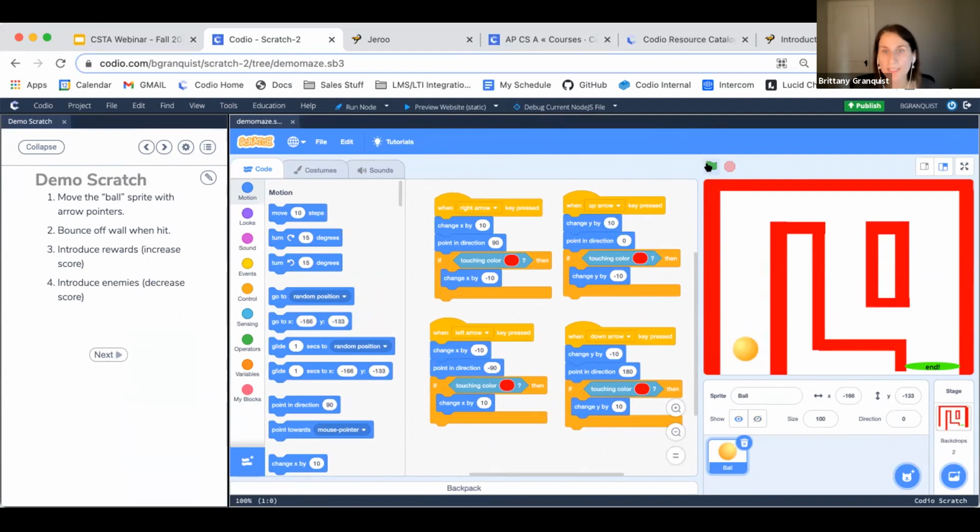So when I'm clicking through this, I would run into my barriers. I'm using if statements to sense that color red. There's just a lot you could do here, and it has a really high ceiling as well, right? Students I've seen with these maze games, can you define or require split screen layout for students?